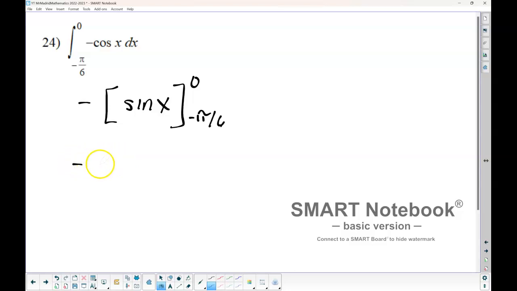Okay. So we have. I'm just going to make up this brace so that that negative applies to everything at the very end here. Okay. So we're going to have sine of 0